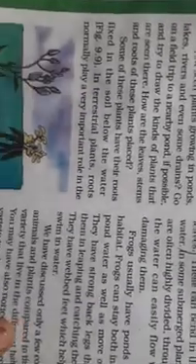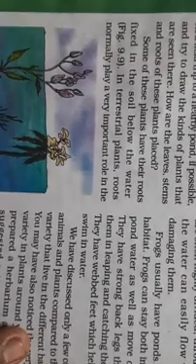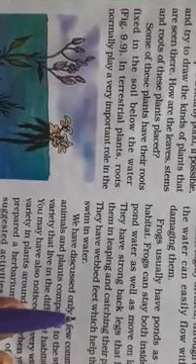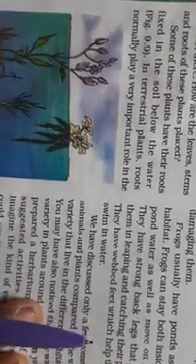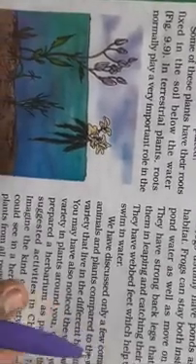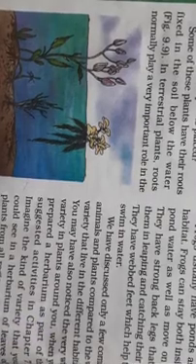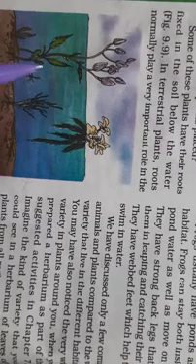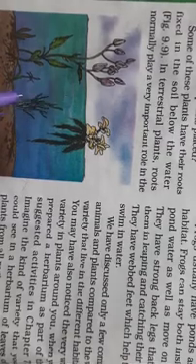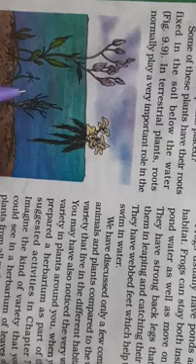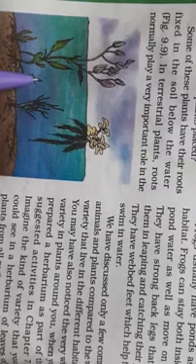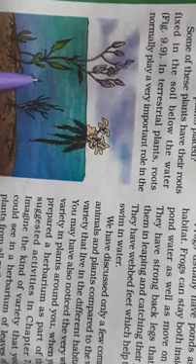You must have noticed in the ponds and the lakes, in desert plants, if you remember, children, I told you that the desert plants have got very, very long roots, isn't it? Why do the desert plants have long roots? Because in desert there is very less water, so they have to move deep into the soil in search of water. But that is not the case of aquatic plants. What do aquatic plants have? In aquatic plants, the roots are reduced in size.